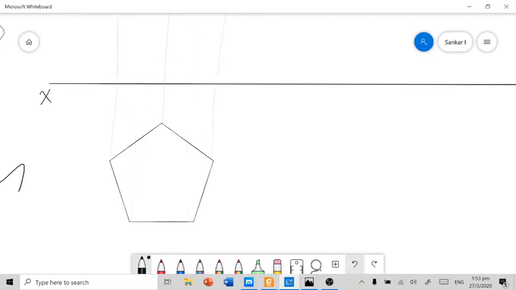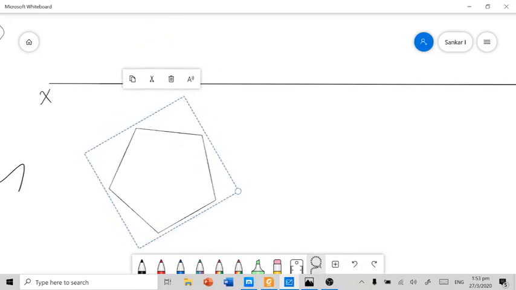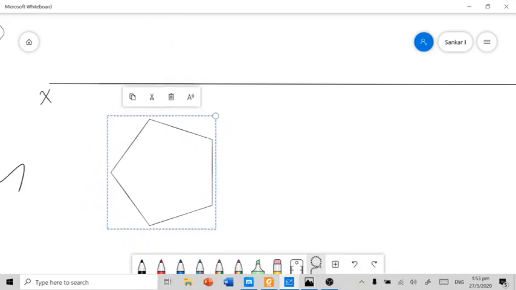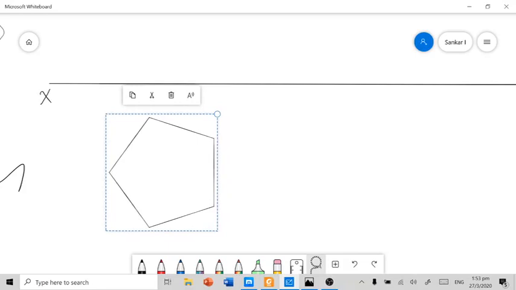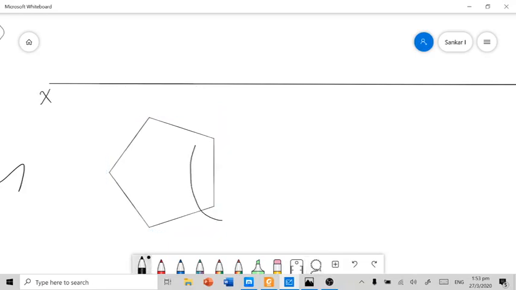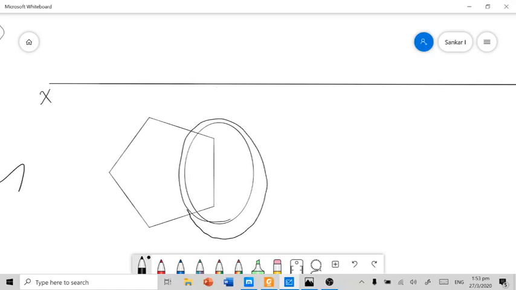So this base should be drawn in some different way. See here, instead of drawing the base in this way, I need to draw the base in that way by maintaining one of the base edges perpendicular to XY. Simply saying, you need to draw the base view with one of the base edges perpendicular to XY.